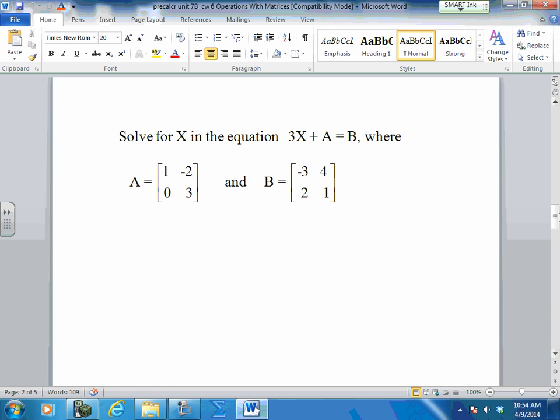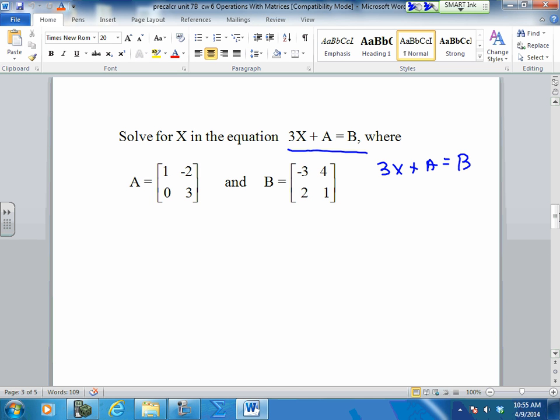Now, I didn't give you this. This we're not going to do. Oh, yes, maybe we are. Okay. We're going to solve for x first. If you take a look at this, this says 3 times x. We don't have an x. So it says solve for x. So we take this equation